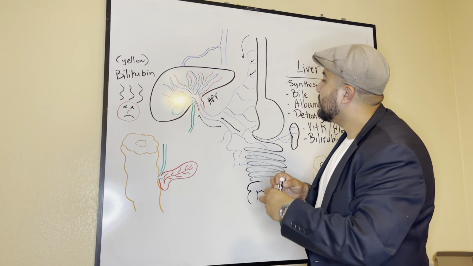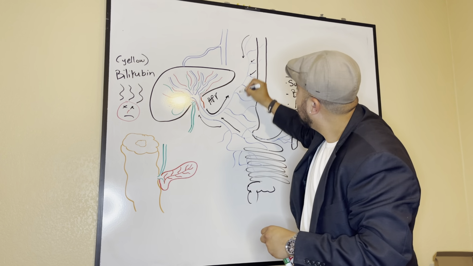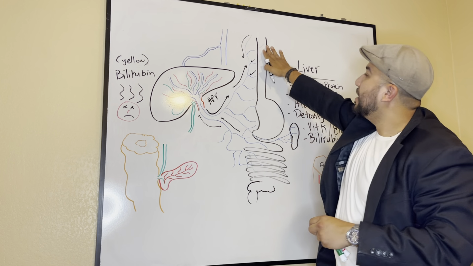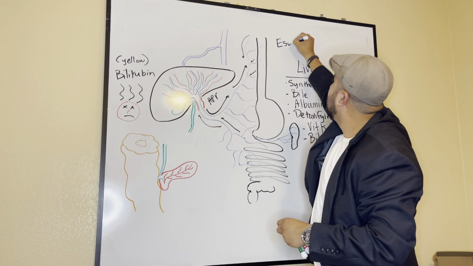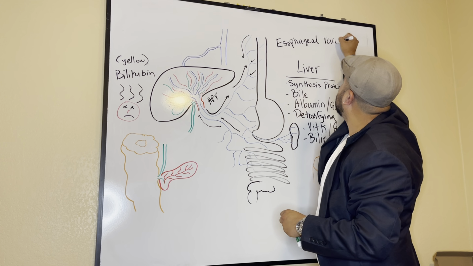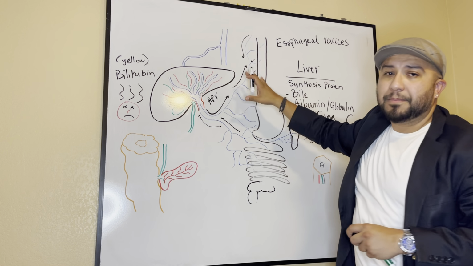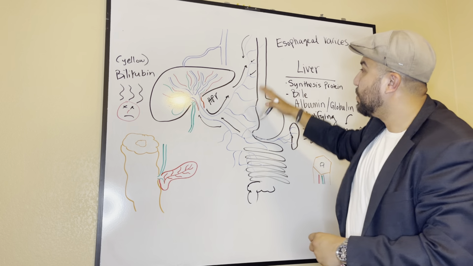And it's important you guys understand that, because as it starts backing up to where it came from, notice that it's going to go back to the esophagus, and this is where you develop your esophageal varices, okay? So I want you guys to understand that that's why this is happening, because when you have liver